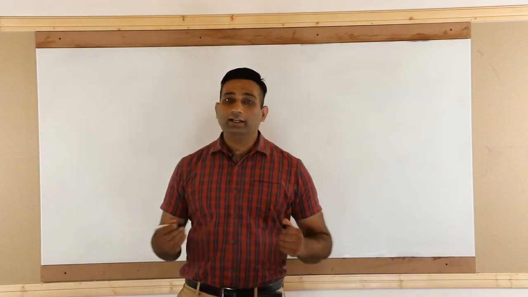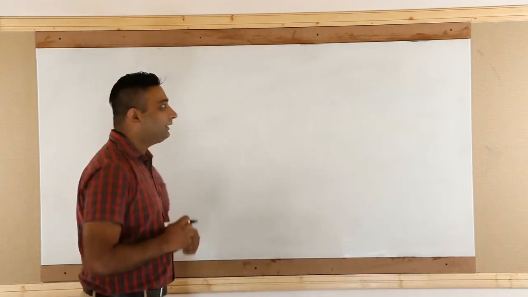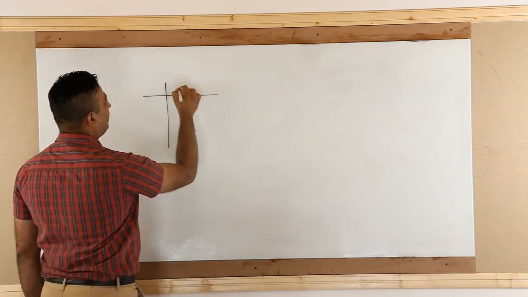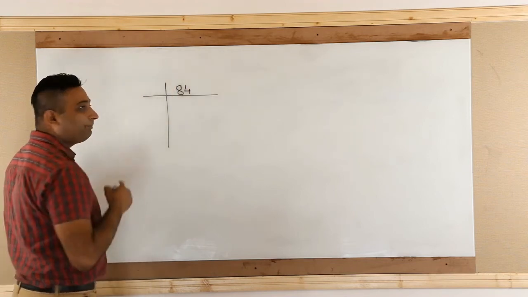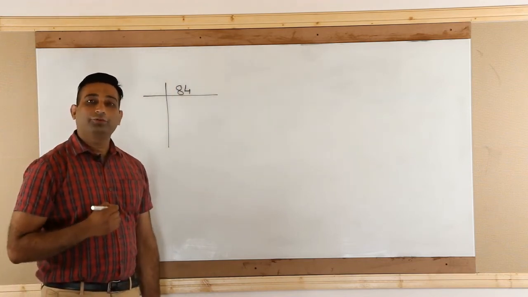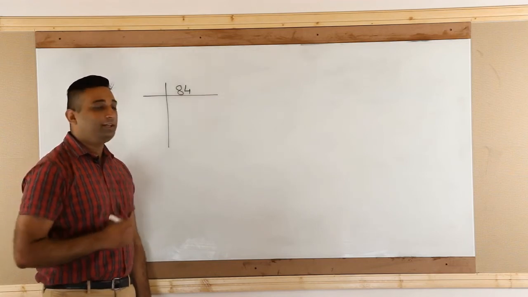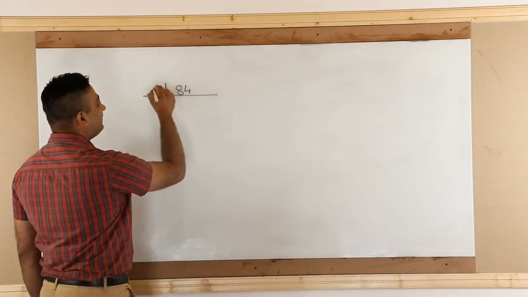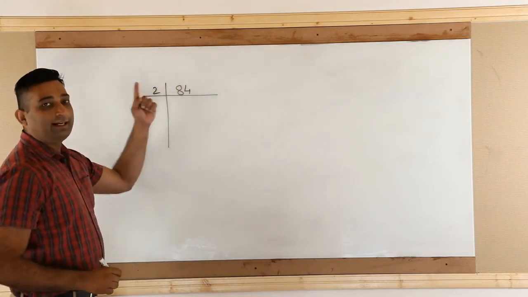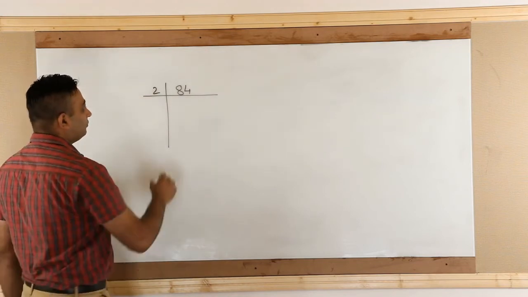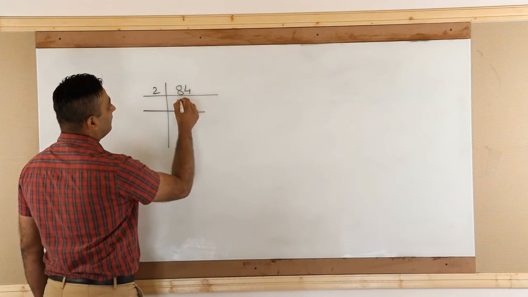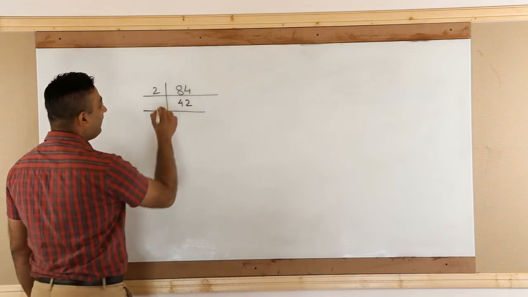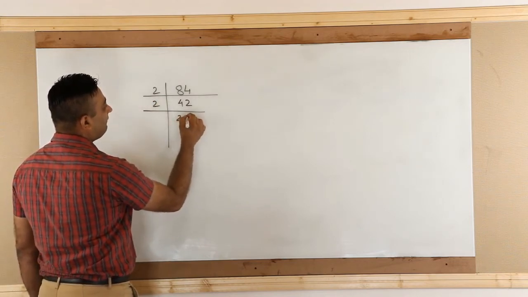Dear students, now let us find the prime factorization of some numbers. Let us take some examples. We take a number, 84, and with repeated division, we will try to find the prime factorization of 84. We will first divide this number by the smallest prime, that is 2. If the number is even, then it is easily divisible by 2. So now we get 42 after dividing 84 by 2. Now again divide this number by 2, we get 21.